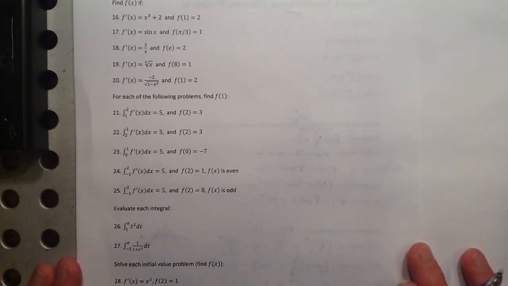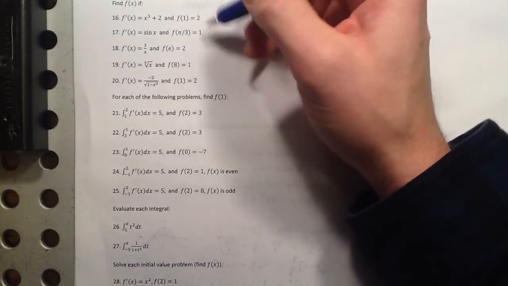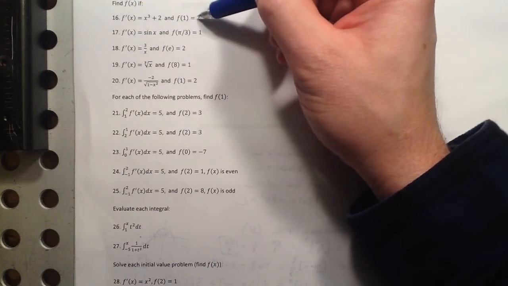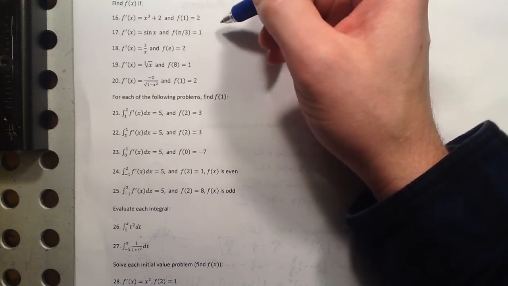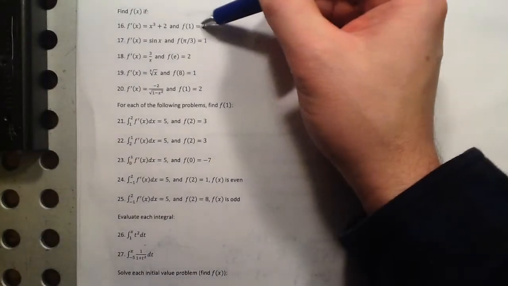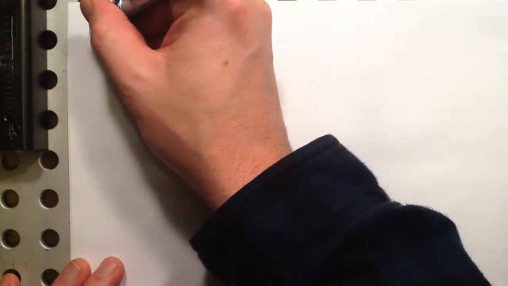All right. Here, these are sometimes called initial value problems because we have a derivative given, and we've also got a value on the function, which means we can solve for c. So these are a lot like these problems. We're finding an antiderivative, but we've also got a point that we can plug in and then solve for c. I think I might need a little bit more room for these, so I'll do them on a separate sheet here. So number 16,